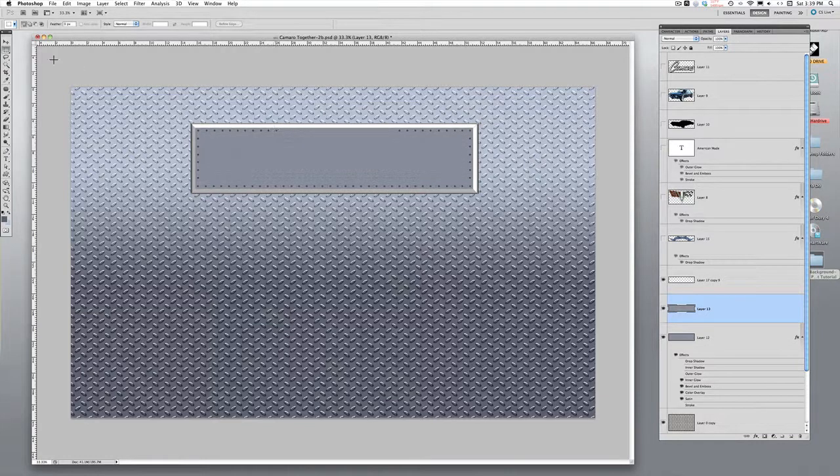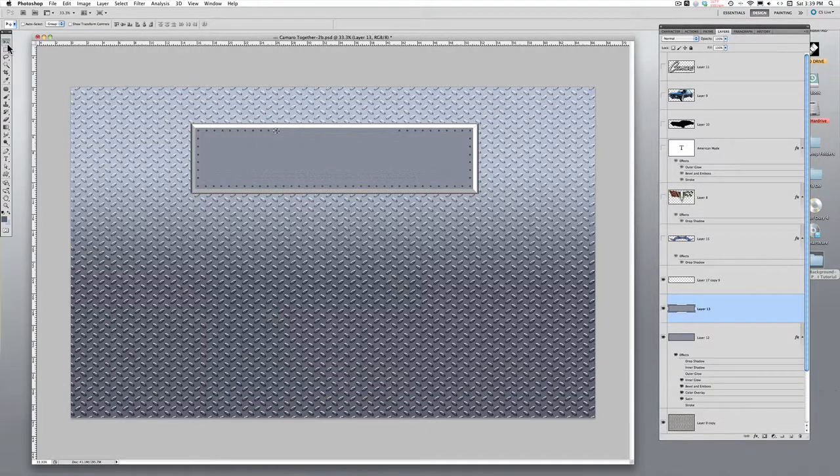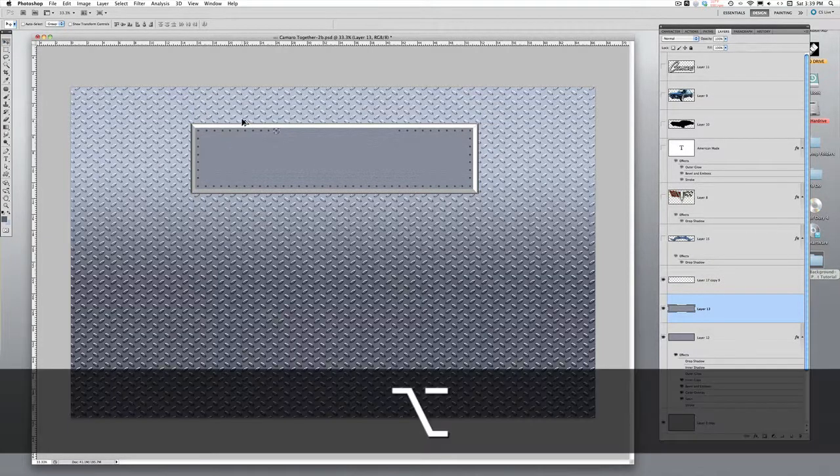Now, the way you do that, and I'll just give you an example of how it's done real quick here. I can get the triangular marquee tool up here, come in and select it, right? Then I press Option and Shift. Then I go back up here to my Move tool. Again, Option and Shift, and you see the double arrow. Now I can actually,